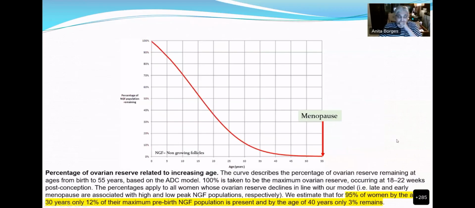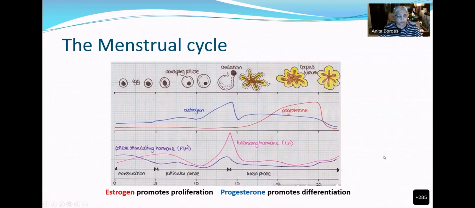Okay, so that's part of it, and this just tells you the number of follicles, how there is a sharp decrease from the time of birth right up to menopause. And when all the oocytes are finished, there are no granulosa cells surrounding those oocytes, as a result of which there can be no developing follicles, no matter how much FSH you pour into the system, and that is menopause. All right, so once again, just remember this: estrogen promotes proliferation, because now we are going to